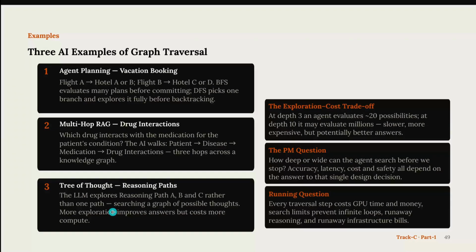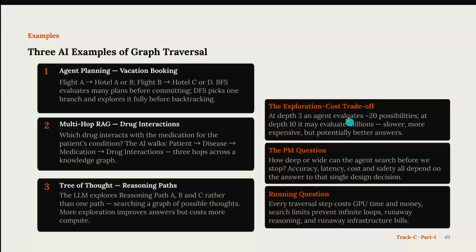More exploration will improve these answers but will also cost more compute. Okay, and this is the trade-off that we are trying to make. At depth 3, an agent evaluates 20 possibilities. At depth 10, it may evaluate millions of them, making it considerably slower, expensive, and sometimes not providing the right answers,